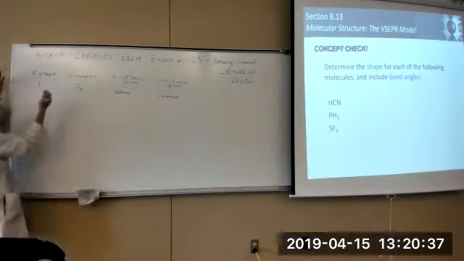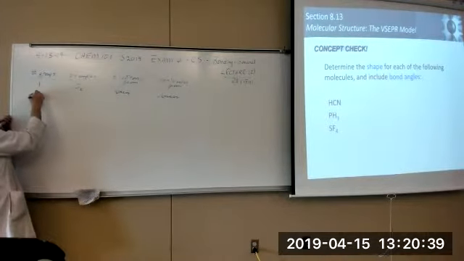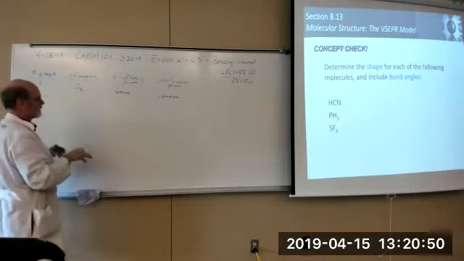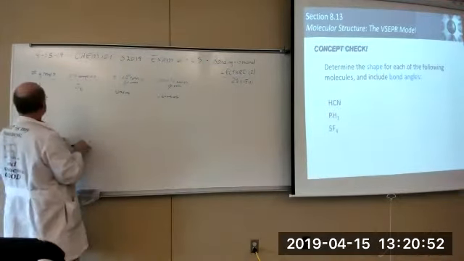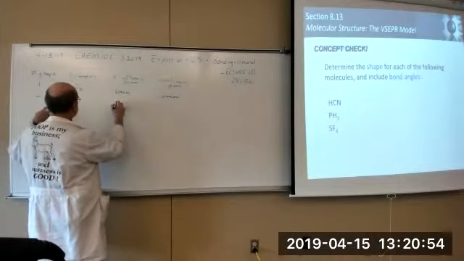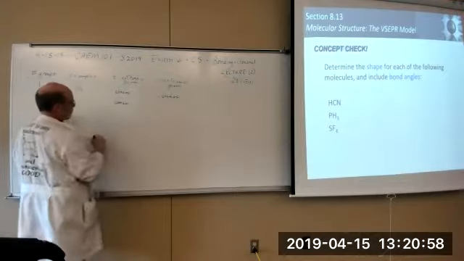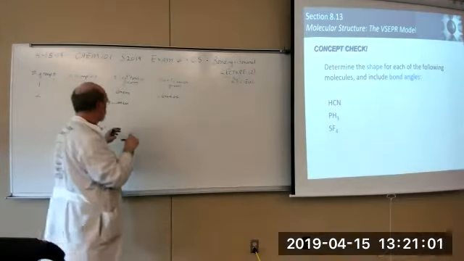So that's really a non-issue. If you have 2 groups, which means you have a central atom and 2 atoms bonded to it, then the electronic geometry would be linear. And if you have any lone pairs and you cover them up,